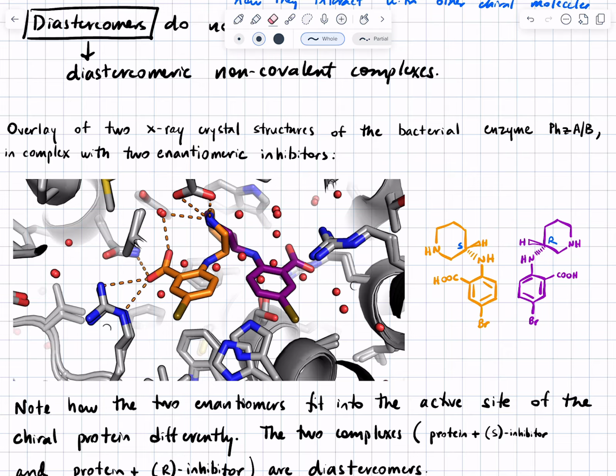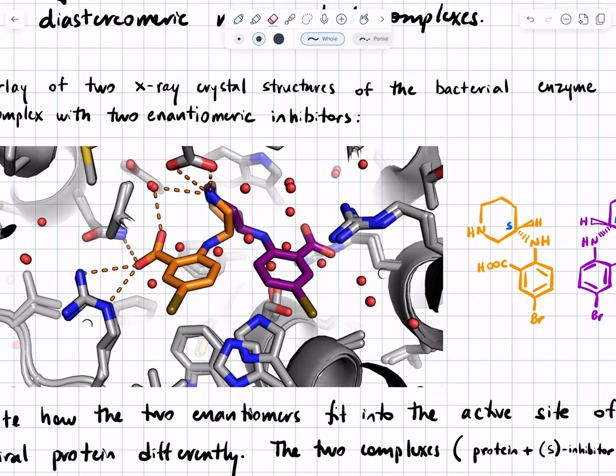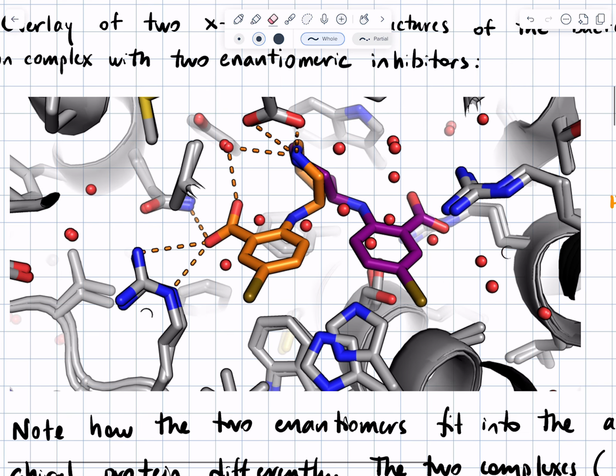And you'll notice in the overlay, so this is a ribbon diagram of a protein structure. You maybe haven't seen something like this before. There's a lot going on there, so let me just orient you a little bit. It's called a ribbon diagram because we're not showing all the atoms in the protein. Instead, we're showing a cartoon that gives you a sense for where the backbone of the protein is, and then we're showing you side chains. In this image,